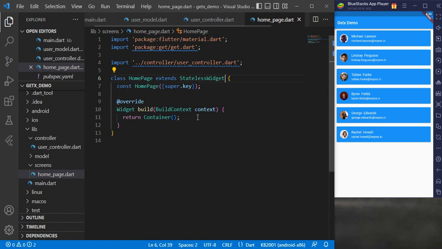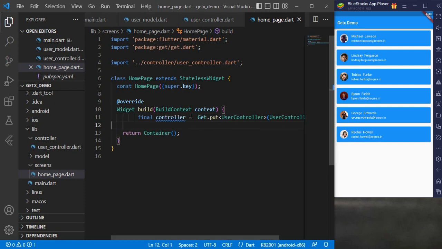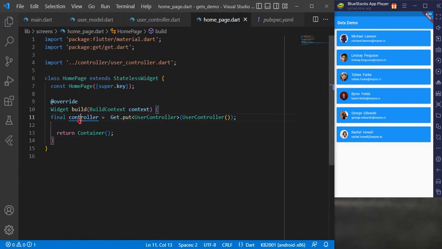Let's make it stateless now, and then inside the build method we need to call our controller, and here we are calling our controller. Okay, we have the controller, we use Get.put with UserController, and then we return